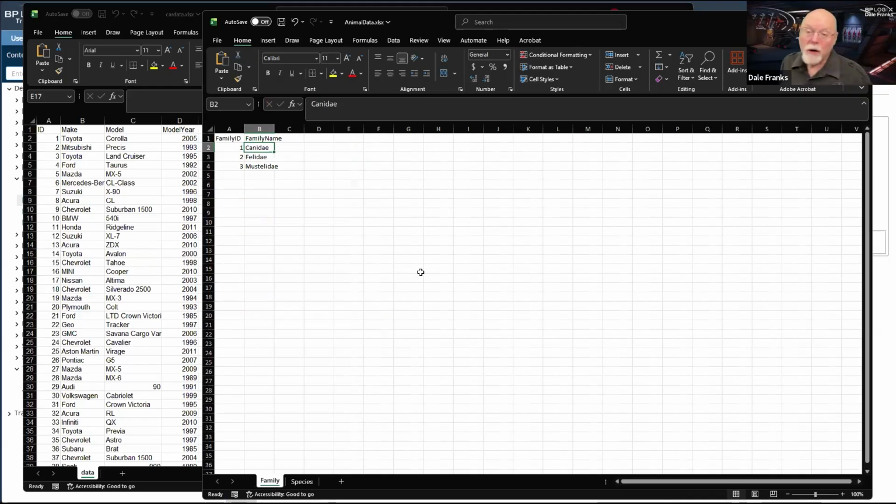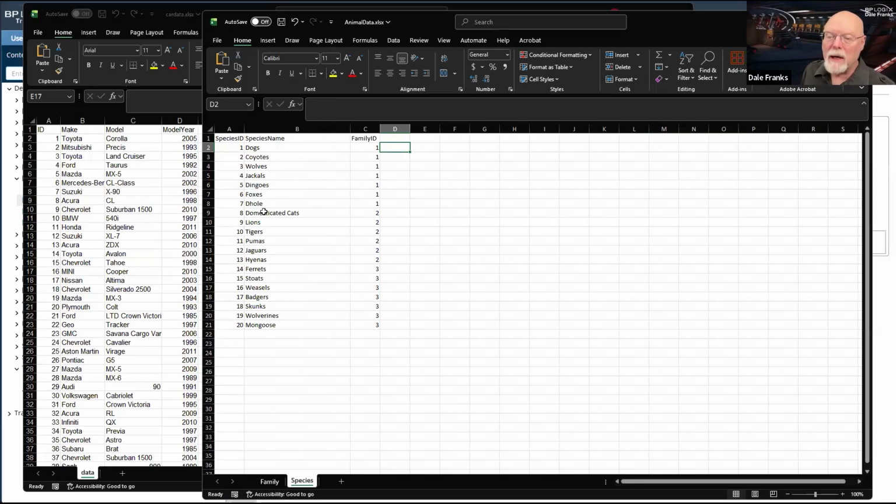So what I could do is set up two separate dropdowns, where if I picked Canidae and I had a second dropdown that showed the species, I could filter it so that only dogs, coyotes, wolves, etc. would show up in the second dropdown.